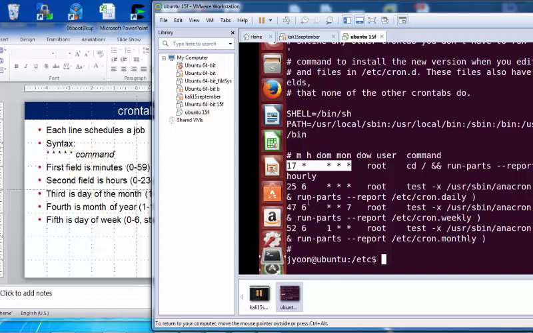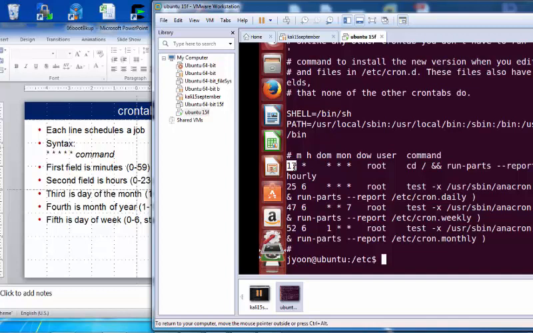Another thing here. Next one. Oh, this is not hours, it's minute. I'm sorry, minute. Right, 17 minutes. What does this mean? 17 minutes. So it runs every hour.